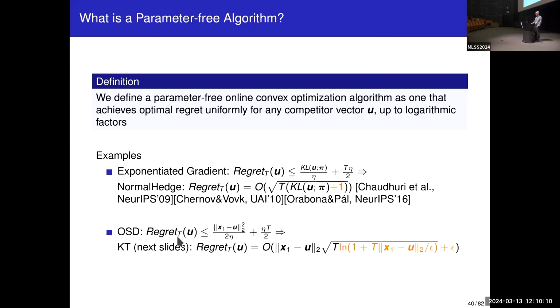There is an equivalent problem in online subgradient descent. We saw that you had to tune the learning rate, you had to know x1 minus u. This is impossible to know. And so it's impossible to tune the learning rate, but there is a class of algorithms, and I will show you in the next slides, one of them that is called KT,